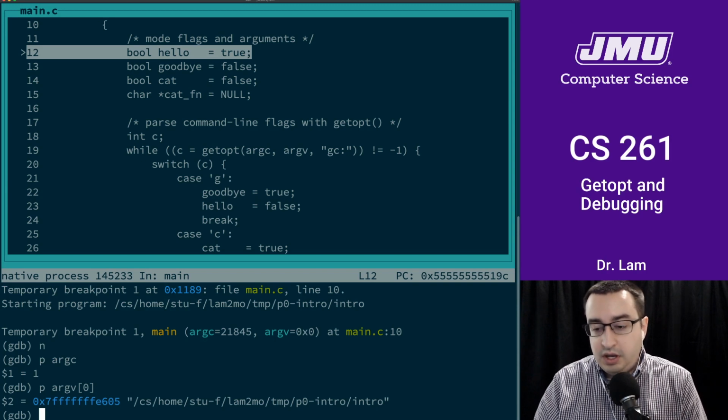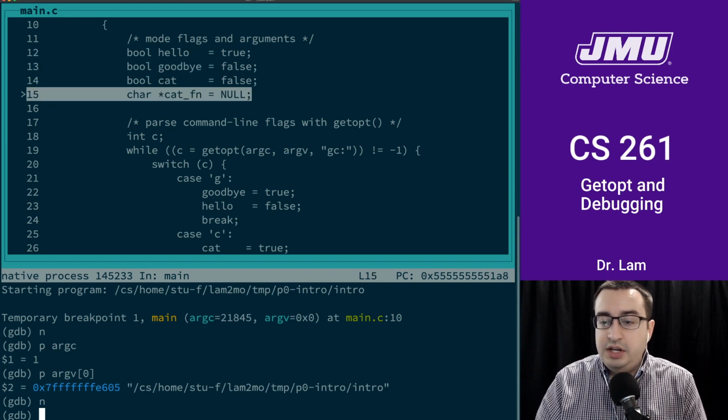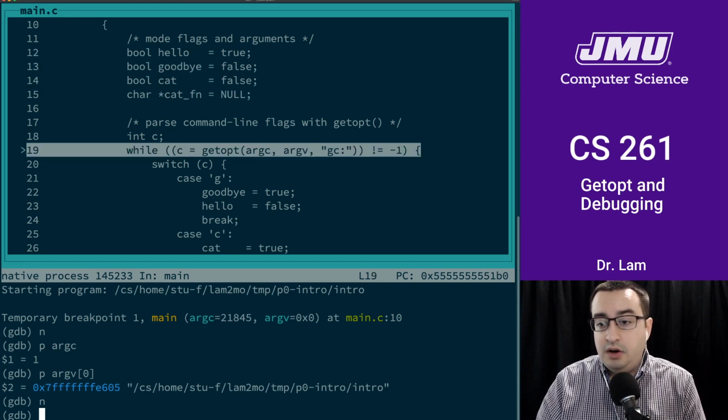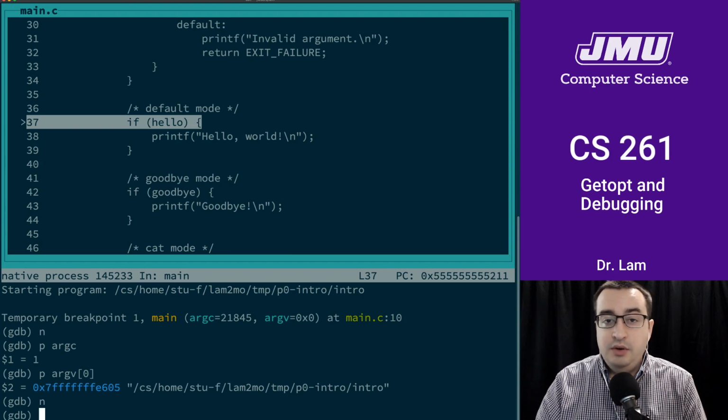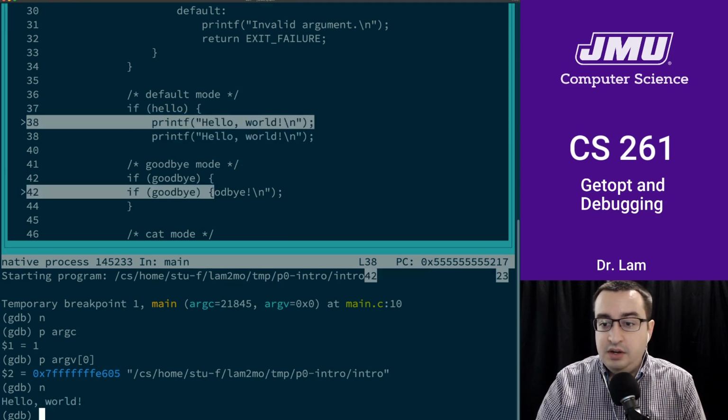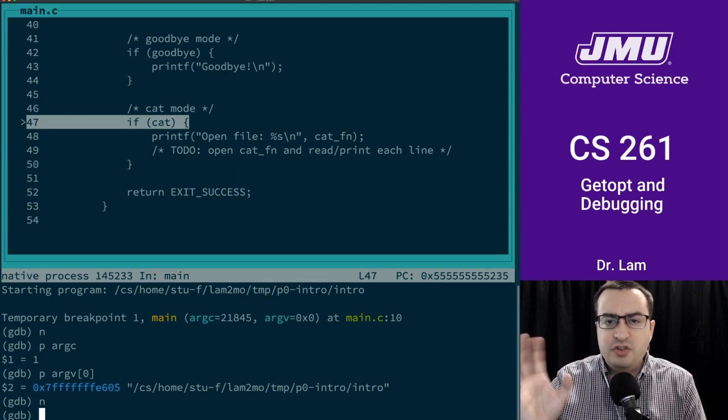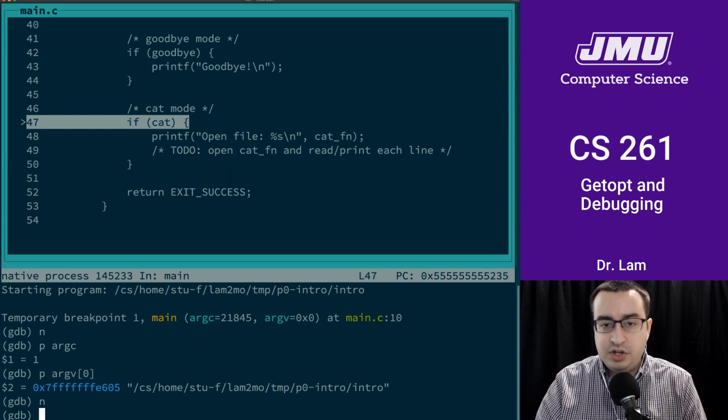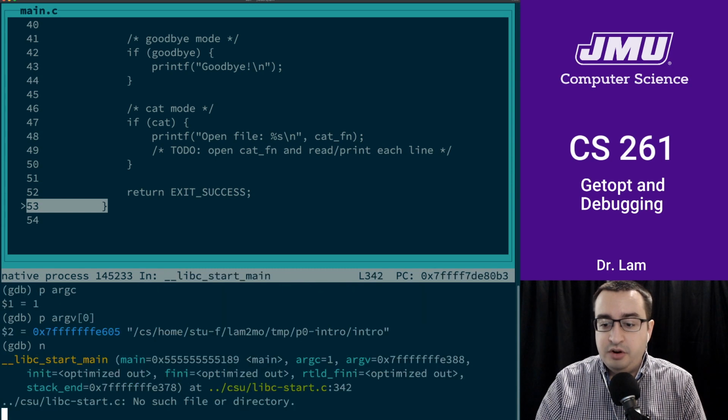Okay, so if we were to run this, we'll get down here to the getopt call, and it's not going to find any flags because there aren't any. So it's just going to return -1, which will get us out of the loop and move us on down to the implementation code. Since we didn't disable hello, this will print. If your screen ever gets messed up in the TUI mode, you can press Control L and that will refresh it. And so we're down here now, and we're done, and the program exits.